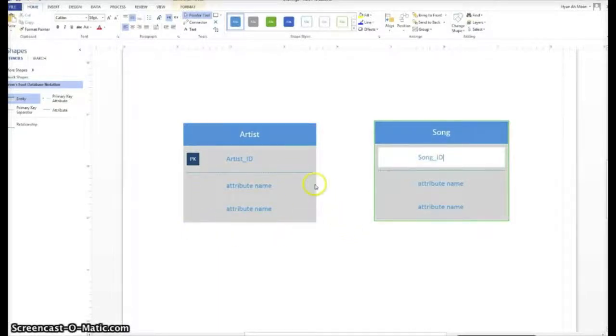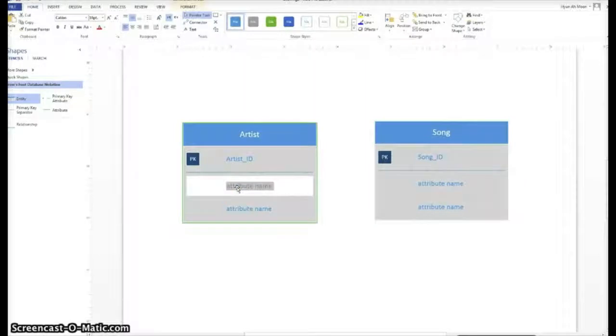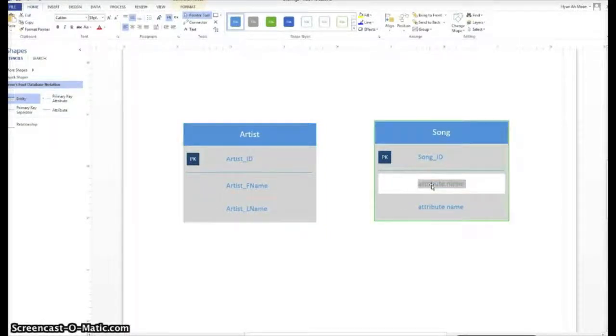The attribute name is the other names that we have talked about previously. We might want to know about the artist's first name as an other attribute name, as well as their last name. And if we go back to our song table, we can do the same for the song other attribute name. We can have